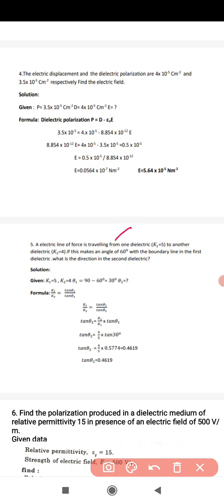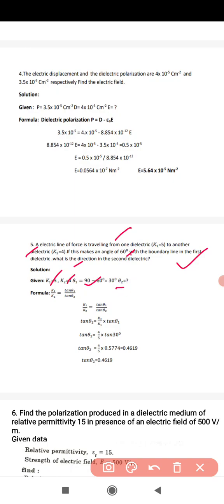The electric line of force travels from one dielectric medium with K1 equal to 5 to another dielectric medium with K2 equal to 4. The line makes an angle theta of 60 degrees. In the boundary condition, what is the dielectric constant of the second dielectric? K1 is 5, K2 is 4, and theta 1 is 90 minus 60, which we will get as